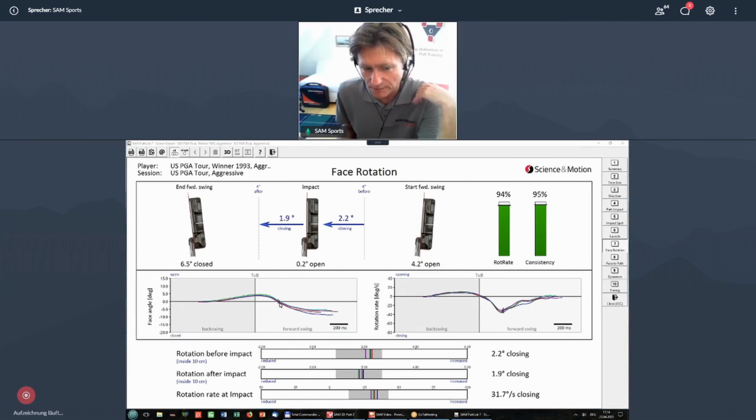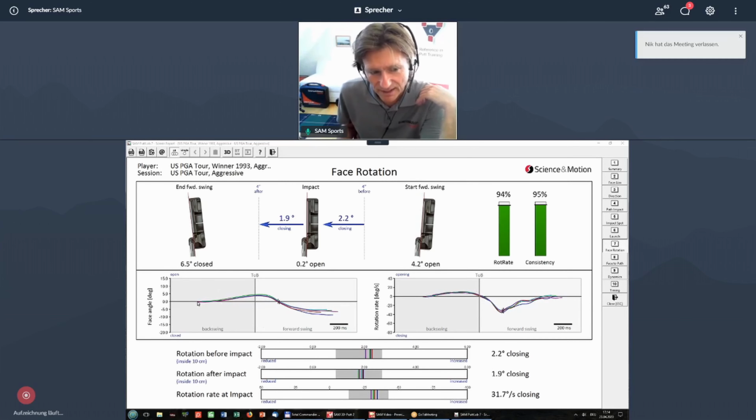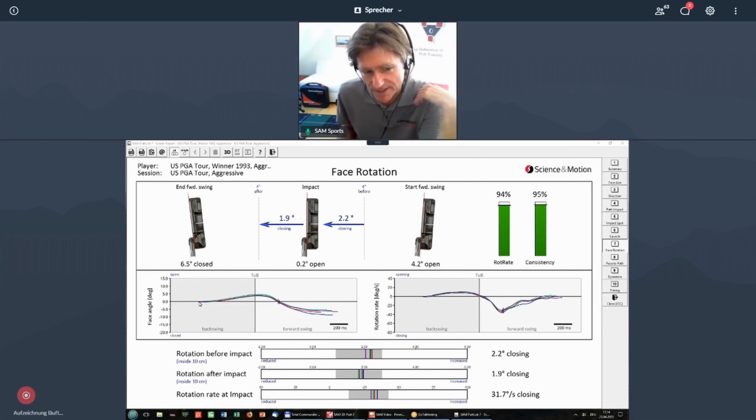This might not be too relevant in a case where inside of the backswing just nothing is happening. So this starts at being square. This data set, I think this is Paul Asinger. Paul Asinger starts at the 0 line, which means he starts with a square angle, and then at top of backswing his phase would be 4.2 degrees open, and then closing to 0.2 open at impact,